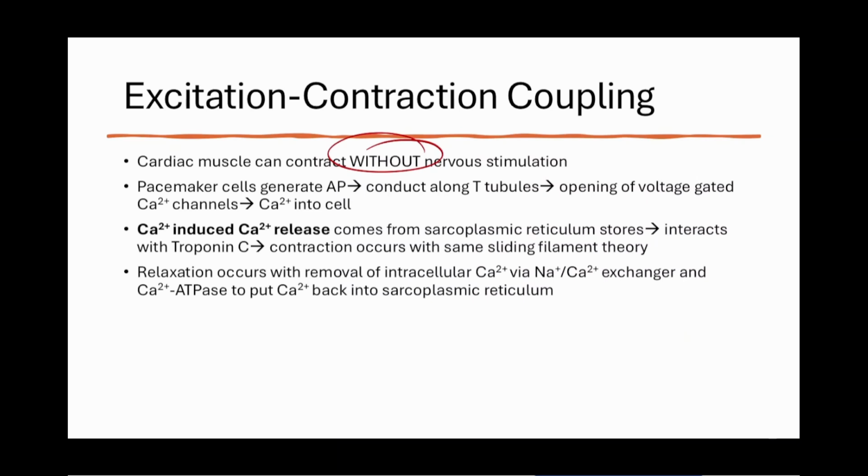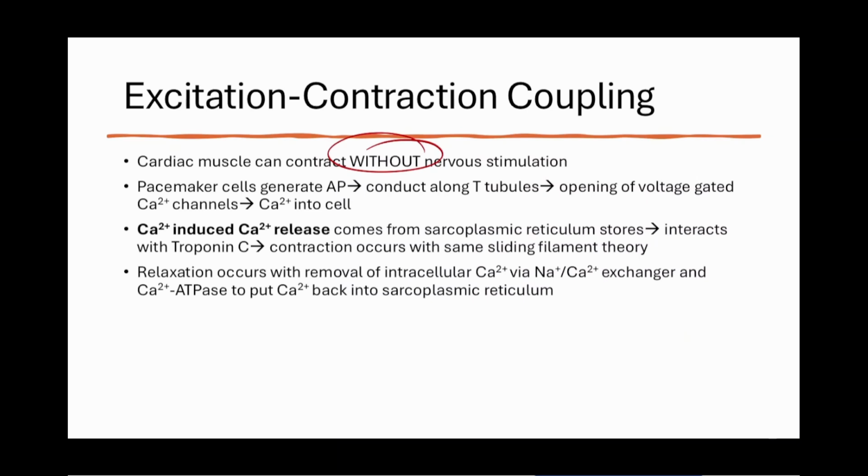Normal heart rate, if you let the heart do whatever it wanted without any nervous input, the heart rate will be around 100 beats per minute. It gets lower because of what the autonomic nervous system is in control of most of the time. The parasympathetic is in control most of the time, so your heart rate comes down to like 70 or 80 because your parasympathetic system is in control right now.